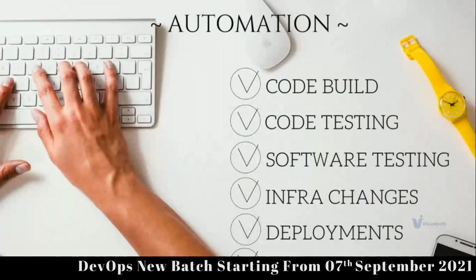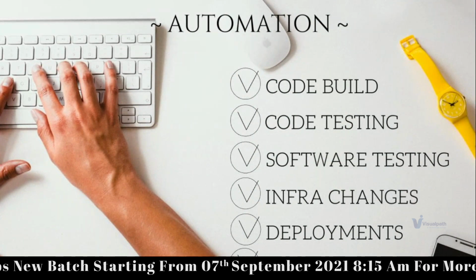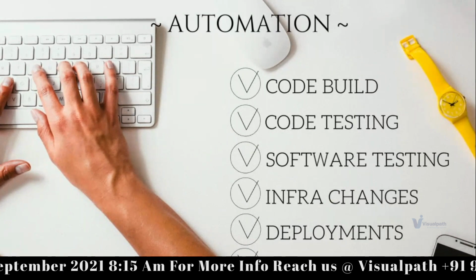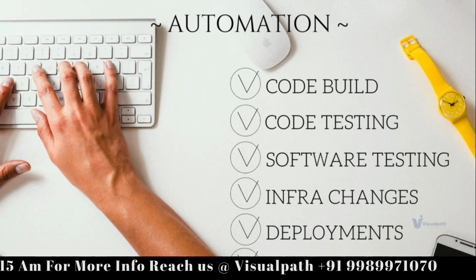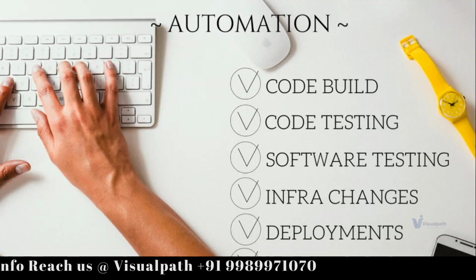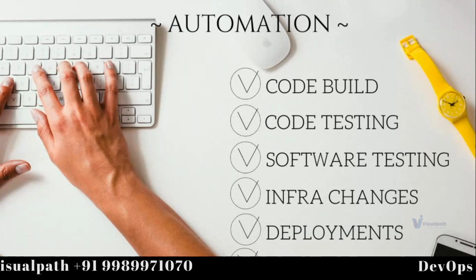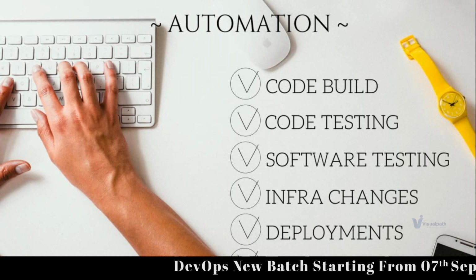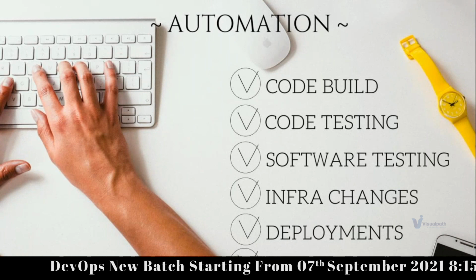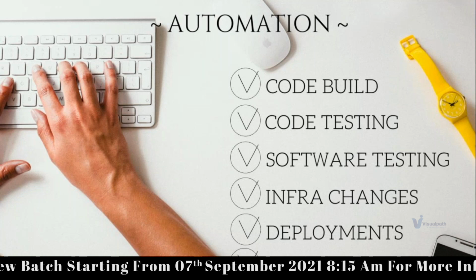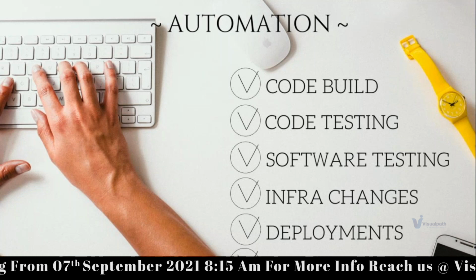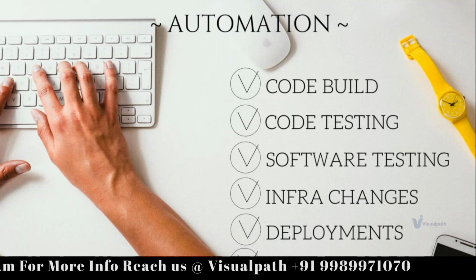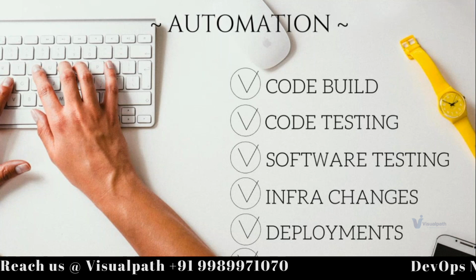There are many things that happen in release management, guys. The developers are going to write the code and build the code. There's code testing, software testing, infrastructure changes, deployments, and anything and everything should be automated. DevOps is not the only person who is going to work on the automation. For example, the software testers need to have automation test scripts. Your security professionals need to write automation scripts to do automatic scanning of the code and so on. So DevOps, yes, has a job of doing a lot of automation, but cannot automate each and everything.